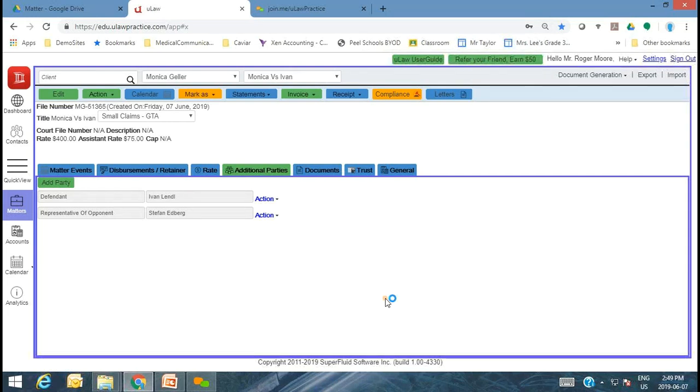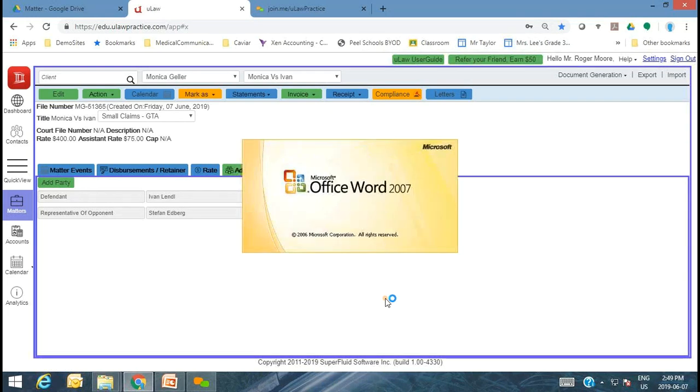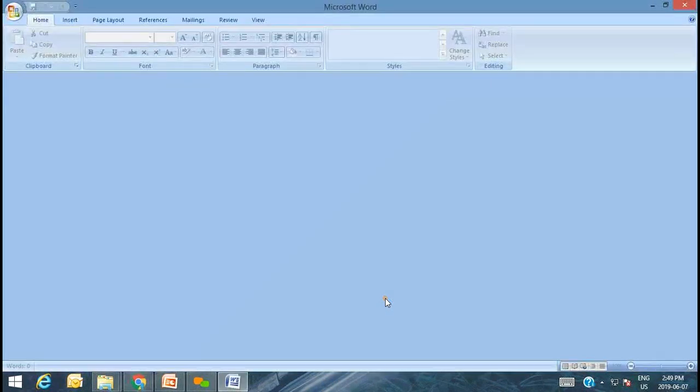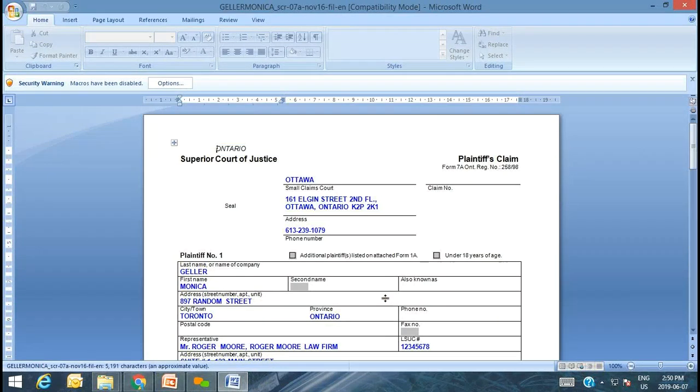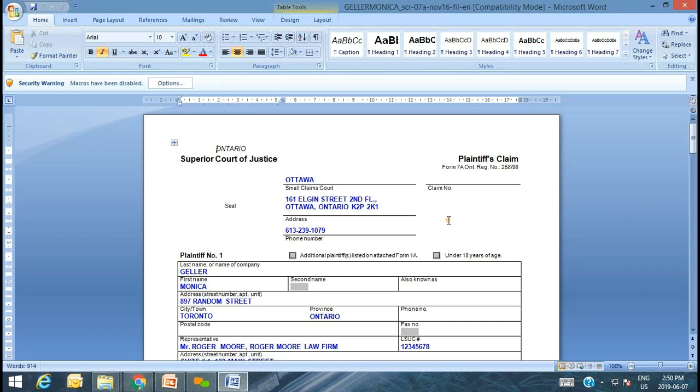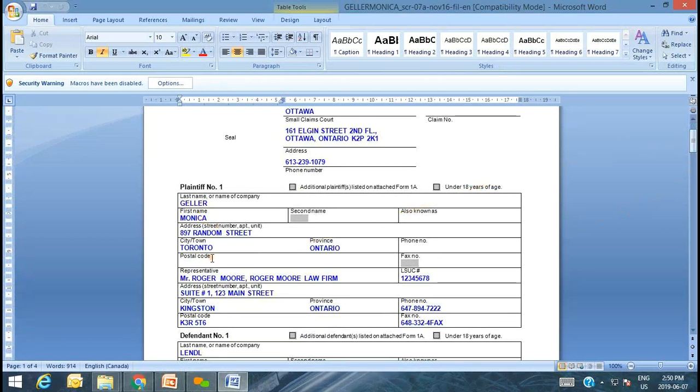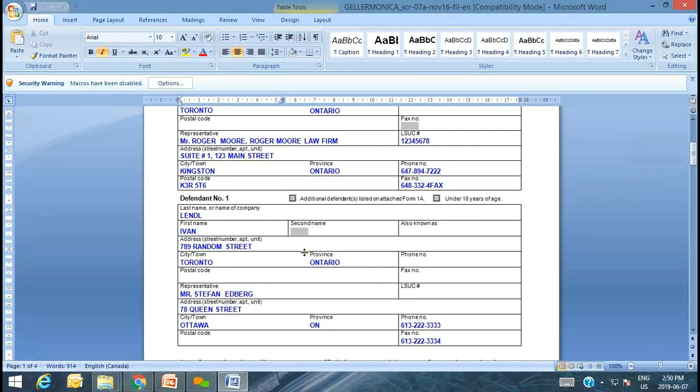So, I know I've taken quite a bit of time, but very important aspect of the contacts. It's just not meant to add clients. It gives you the purpose of also bringing the relationship of other contacts, both with regards to your firm as well as regards to a file, by using the additional parties. Okay, so now you've got Monica Geller, her address, you've got your information, who's Roger Moore, and there it is. You've got Yvonne Lendl, who's the defendant,